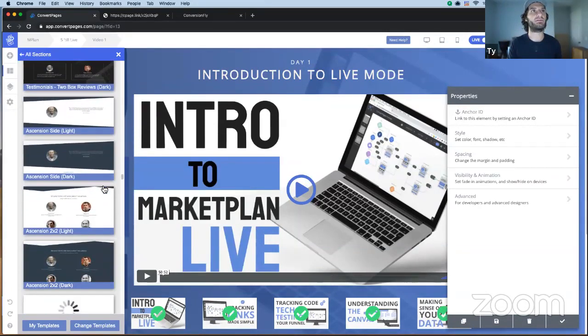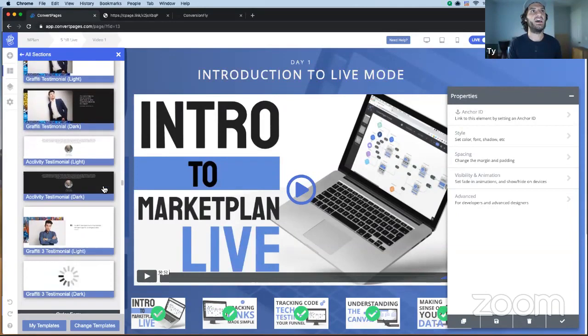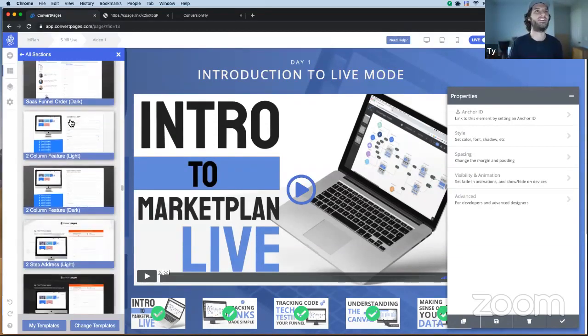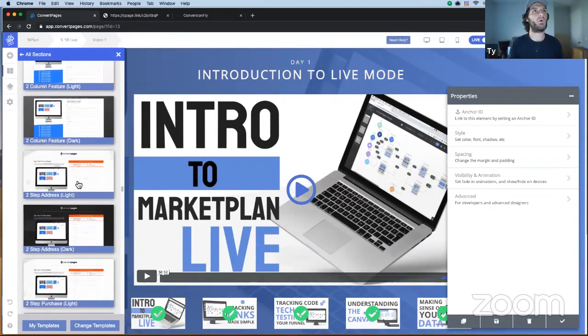Testimonial areas for you to be able to get the right testimonials, so you can make a unique funnel right here. Look at this, a SaaS order, literally a complete order form as a section. Just click it and it goes into your page. You can put this right anywhere you want. Look at this, these order pages, 2-step order forms,